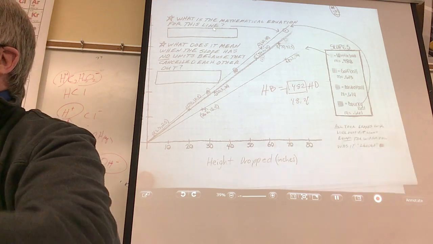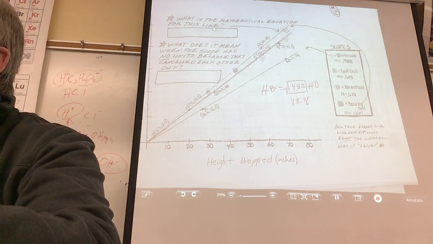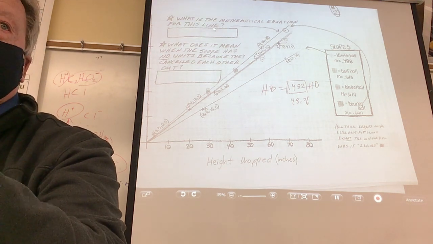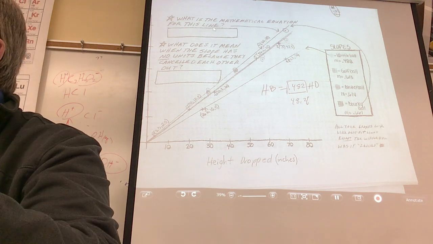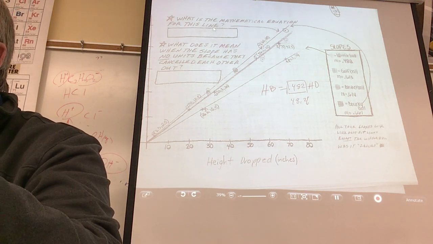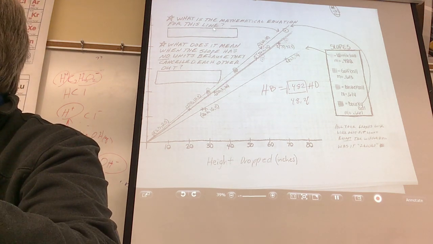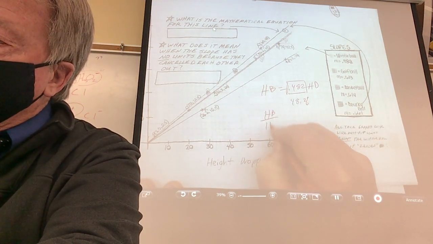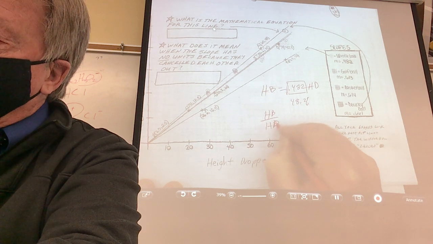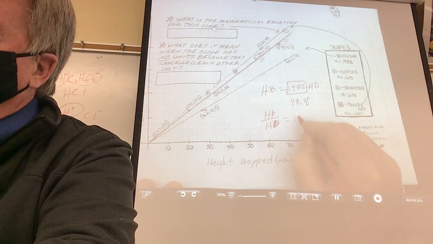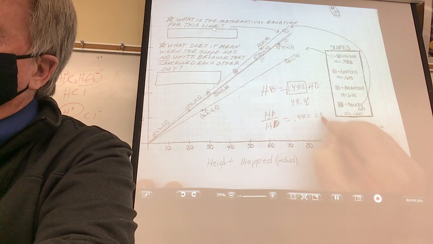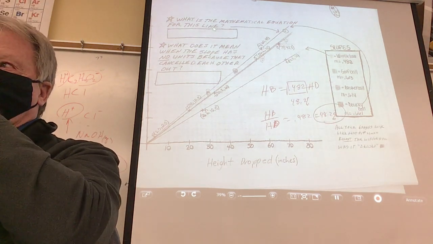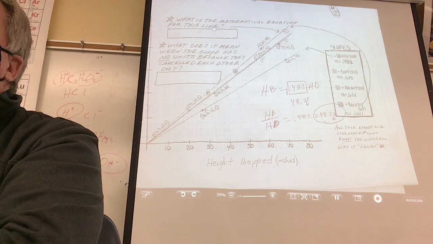48.2%. On that surface, in that room, that wiffle ball should bounce 48.2% of the height that it was dropped from. You get that? Everybody see that? And you're right, it's a ratio. We can divide both sides by HD. What is the height bounce per height drop ratio? 0.482, also known as 48.2%. So if you do an experiment and you don't have units in your slope, you're probably in the world